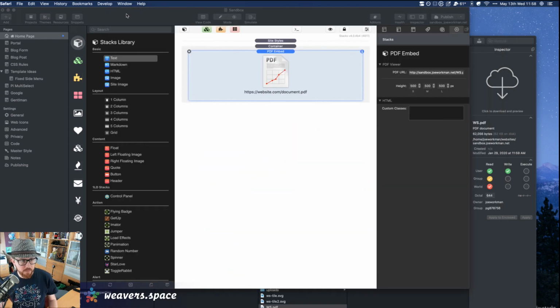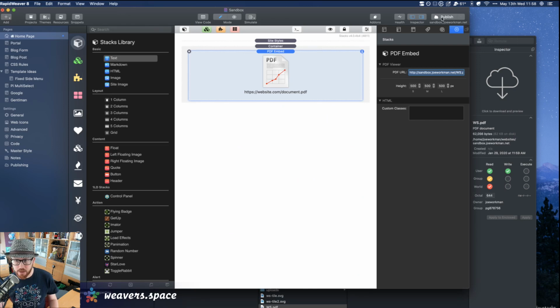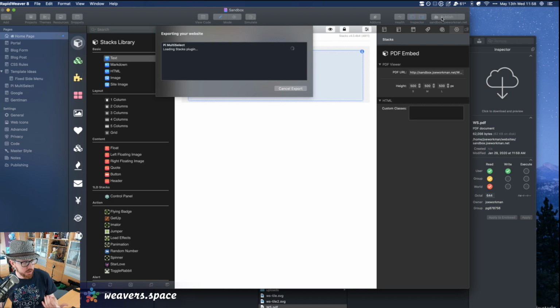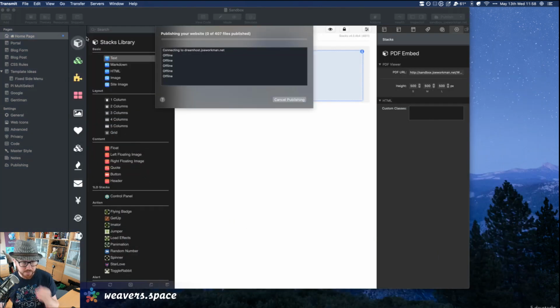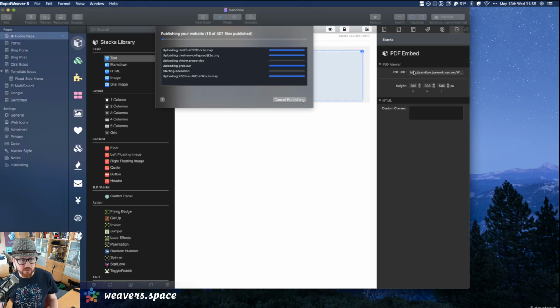Now I'm going to go ahead and publish this page for you. Go ahead and publish this, and we'll twiddle our thumbs while RapidWeaver publishes. I don't need Transmit anymore. Oh man, it's got to, while that's uploading 400 files,